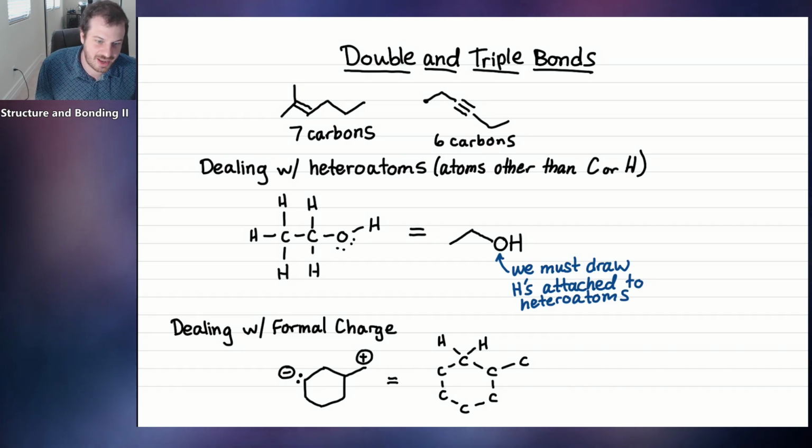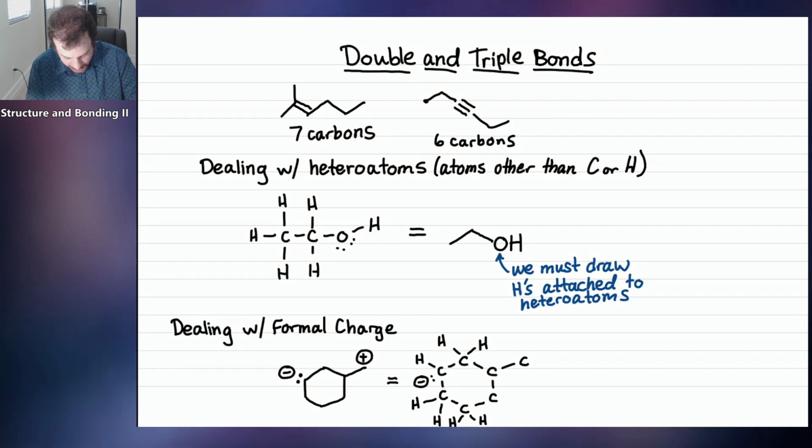For carbons that have a negative or positive charge, they only make 3 bonds. So for example, this carbon here, which we saw had a lone pair and a negative charge, we only want to add hydrogens such that it makes 3 bonds, not 4. So right now this carbon is making 2 bonds, so we'll only need to add 1 hydrogen there. This carbon is neutral, so it needs to make 4 bonds.